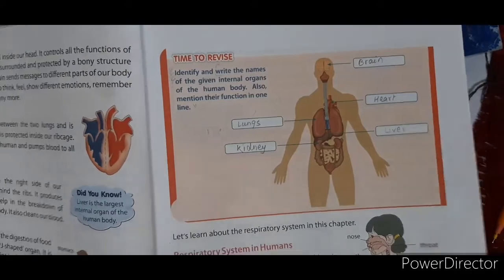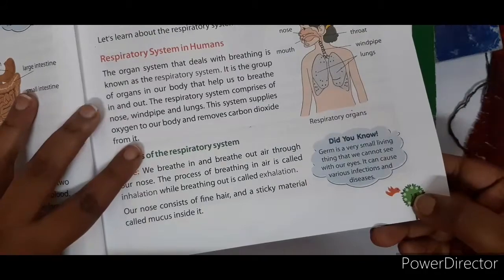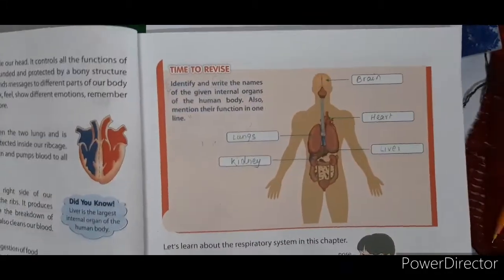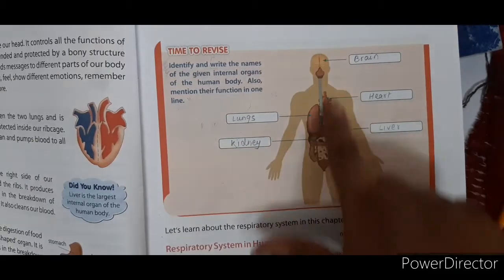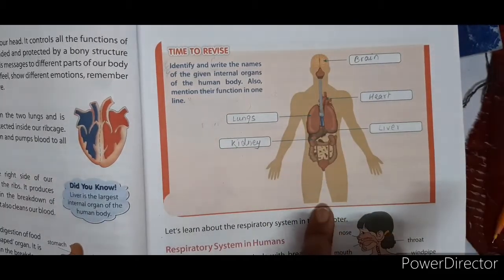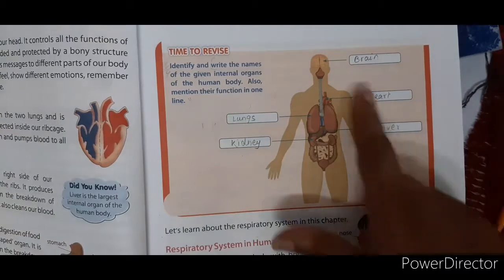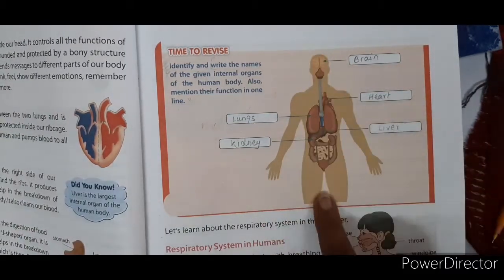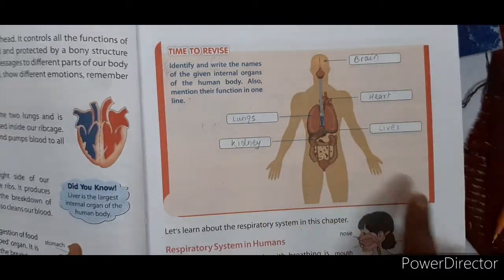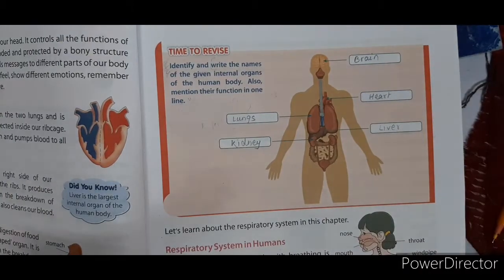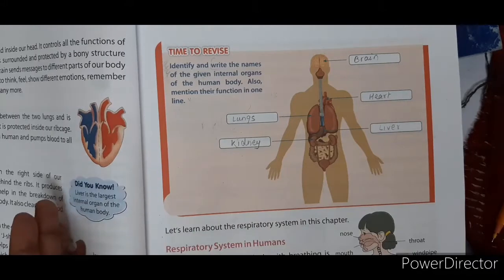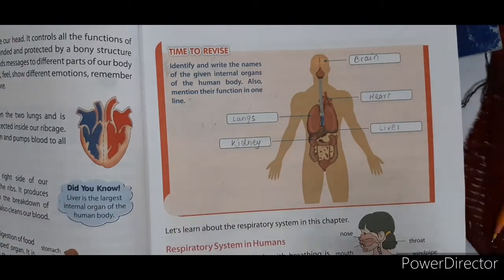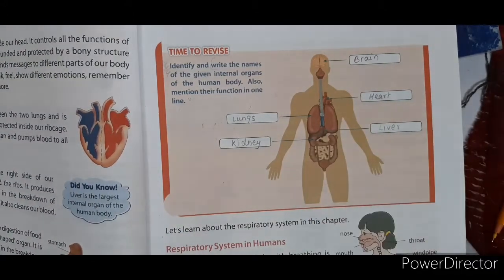Now you all can see this. This is page number 13 in your textbook, and this is the image. So what you are supposed to do is draw this figure in your scrapbook in the plain area part and label it. These are the internal organs, and about these internal organs you have to write one line. So draw in the plain area part, and in the single line area, write their names one by one and write one line about each.